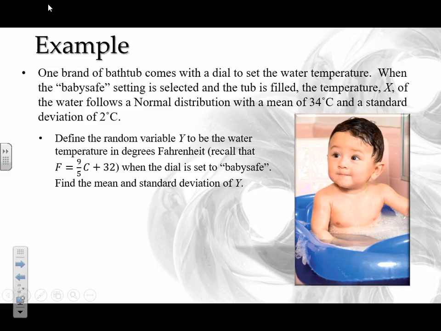So recall, Fahrenheit is calculated by taking the Celsius degree times 9/5 plus 32. So basically what we're doing here, to get random variable y, we need to take random variable x times 9/5 and then add 32. So every single value of x needs to be multiplied by 9/5 and then added to 32. Okay? So, if I want to find my mean and standard deviation for y,